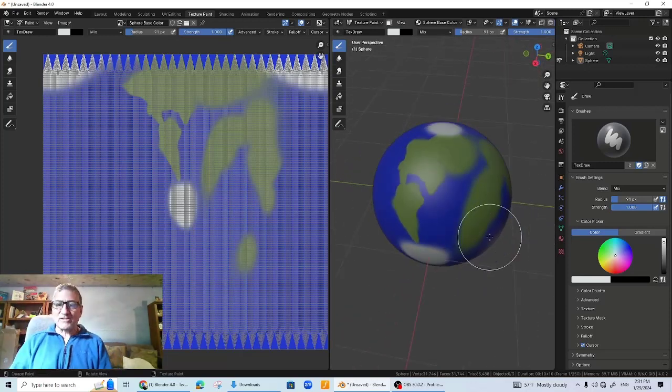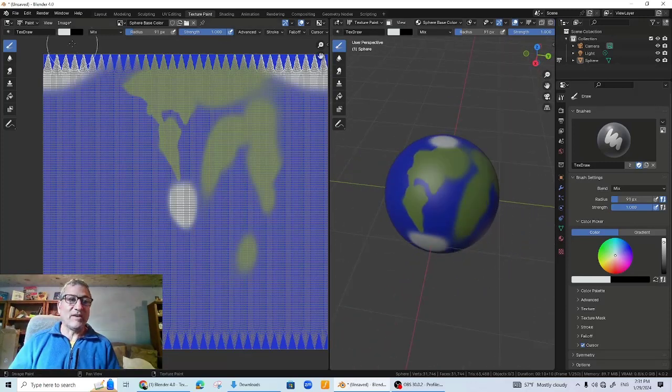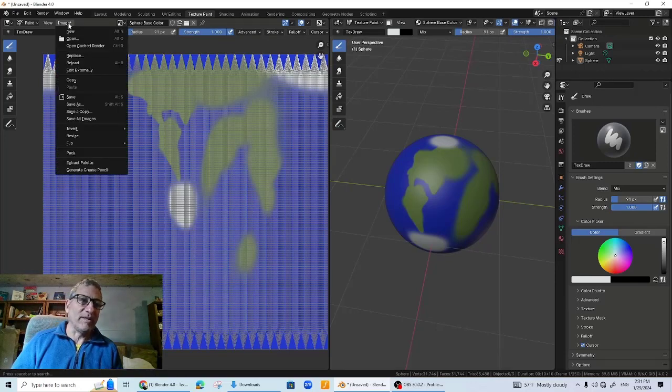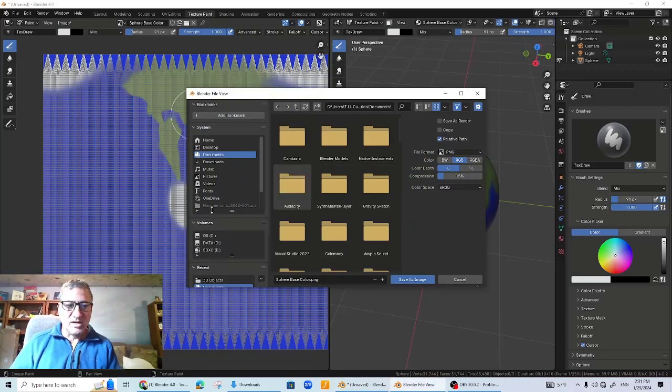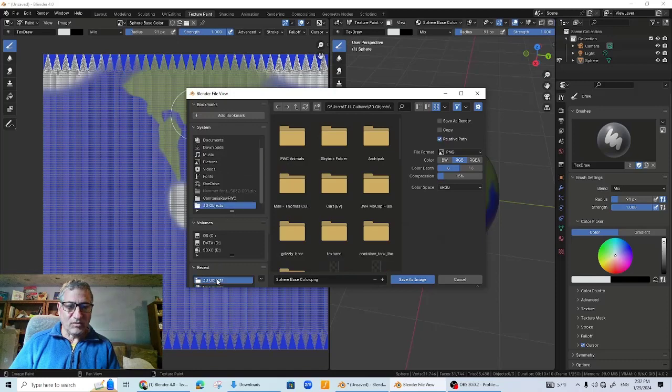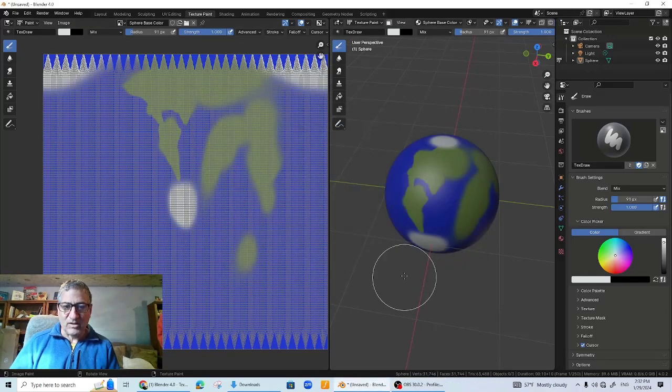Now that's really all there is to it, except that, as you can see here, image has a star on it, which means it hasn't been saved, and if you don't save the image, then it's not going to show up the next time you open up the file. So you've got to come here and you've got to say save as, and it says sphere base color, which is fine. Use a PNG, find a place to save it that will be associated with your file,